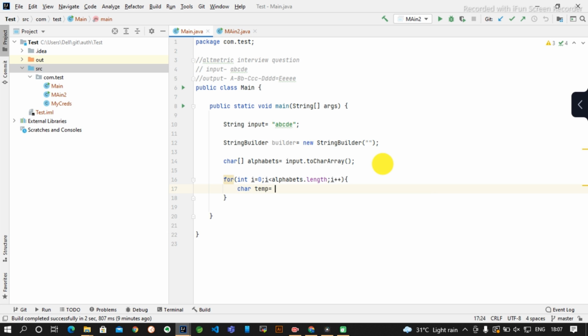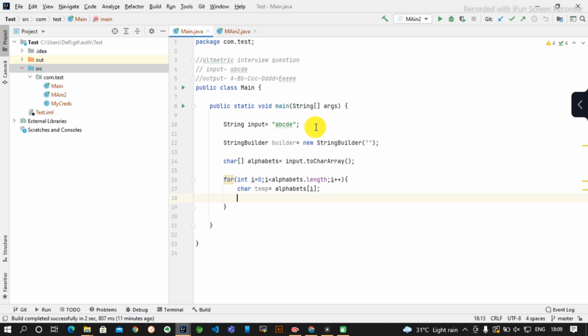We will hold the first character that is coming inside the loop, because we need the first letter as uppercase, and then all the other letters lowercase.